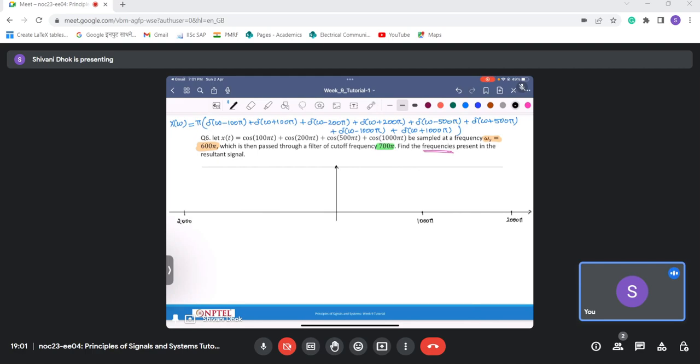This is minus 2000 pi. This is 1000 pi. 500, 500, 150. 200, 100, 200, 300, 400, 500, 600, 700, 800, 900, 1000, 1100, 1200, 1300, 1400, 1500, 1600, 1700, 1800, 1900. Similarly,